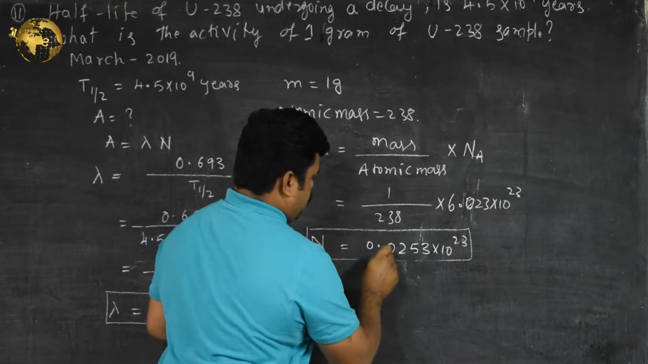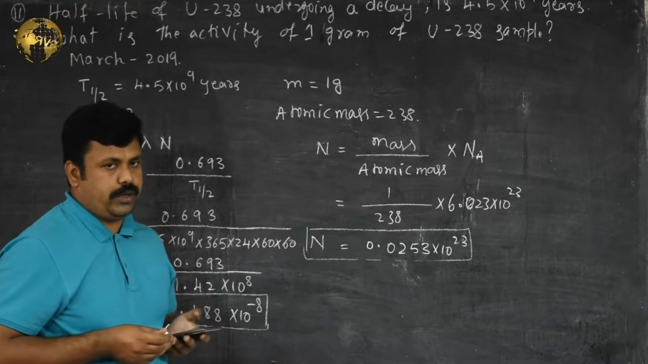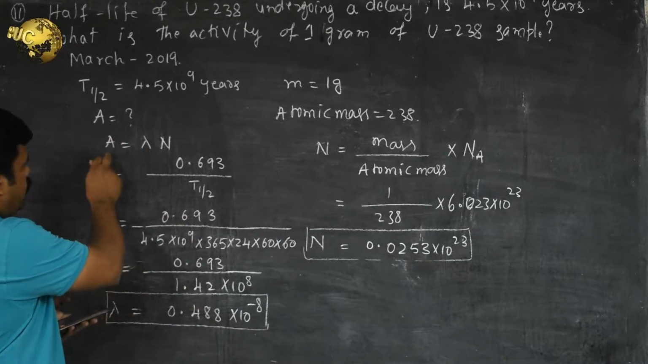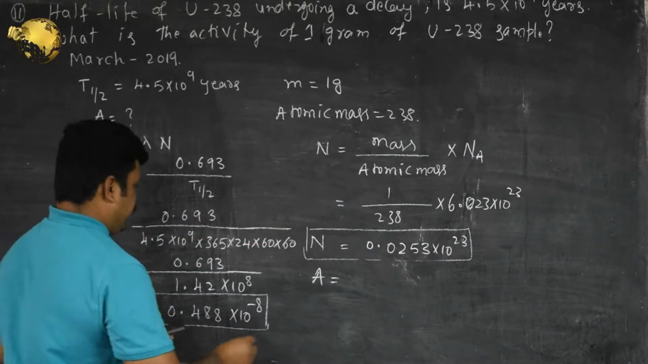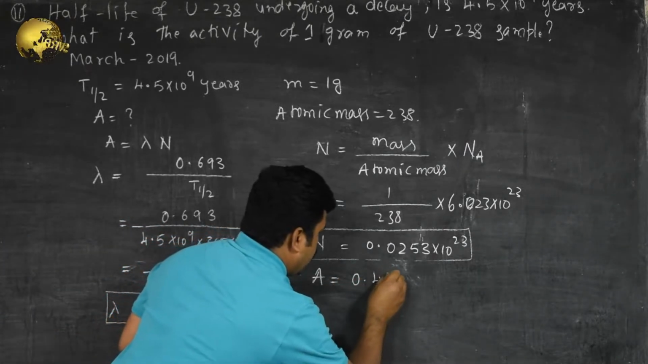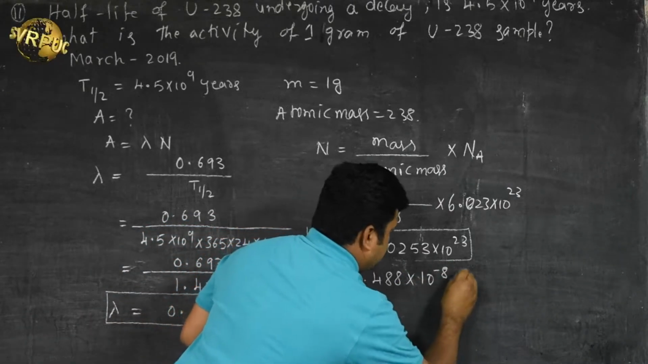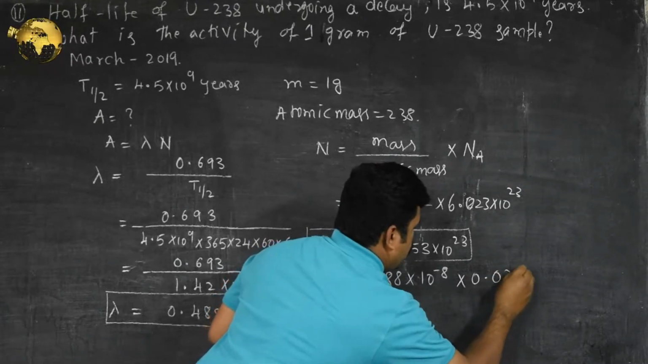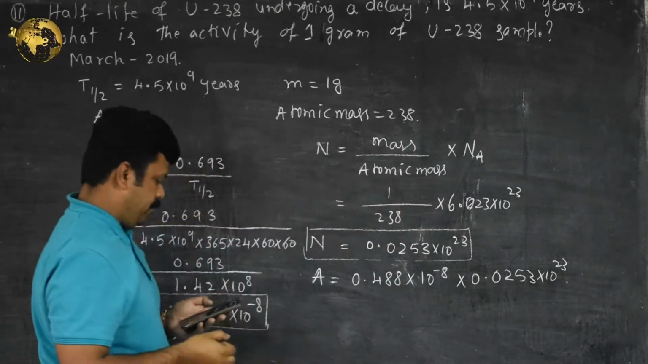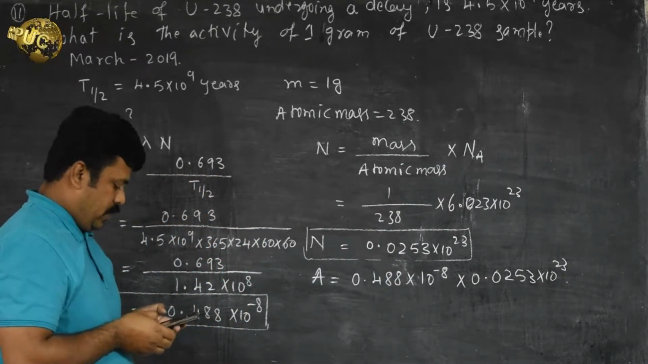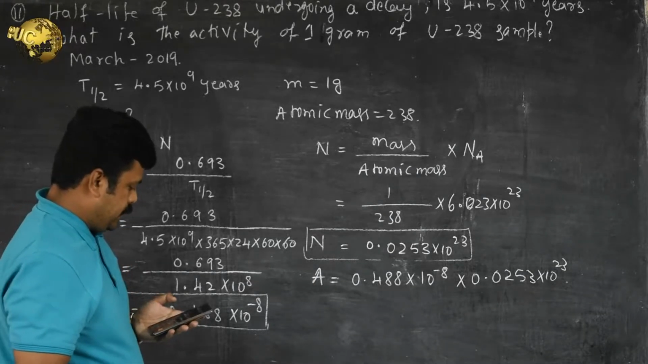You can also convert this to 2.53 into 10 to the power 21. You can do that. Let it be. The final value we need is activity. So activity is equal to 0.488 into 10 to the power minus 8, into 0.0253 into 10 to the power 23. So this value is multiplied by 0.488. So we get